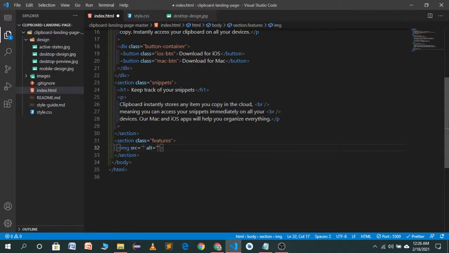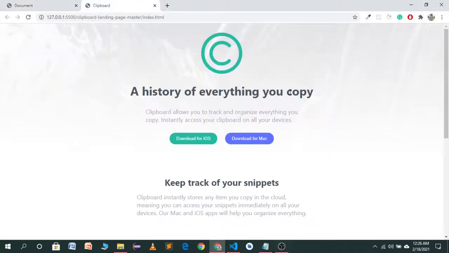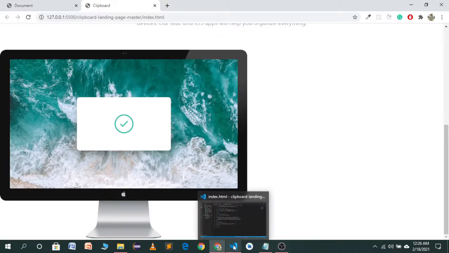First of all, image will be our images. Let's see which image we will use. I think we are using a computer image. Let's see. Yeah, it's the same image.